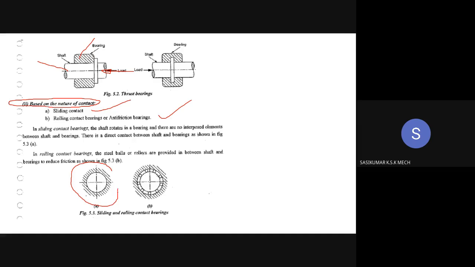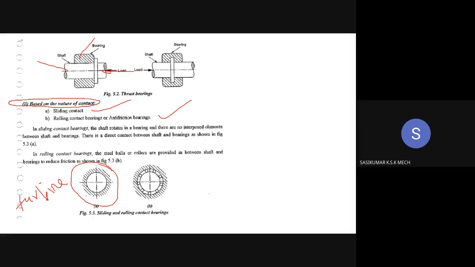So this is the case of sliding contact bearing. Say if you take turbines in power plant machinery, you have an element called a turbine that needs to support a heavier load. If you look at turbines such as Pelton wheel and Kaplan turbine, these are all used in the hydraulic turbine category. In the steam turbine category also you have a heavy rotating element. Once power generation is started, the overhauling will be done only after 6 months or a year. So for a period of 6 months or 1 year, it has to rotate continuously.